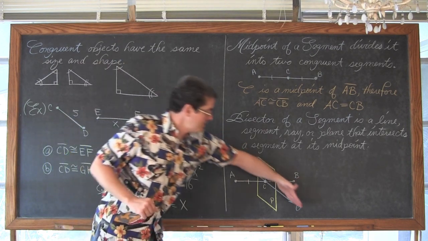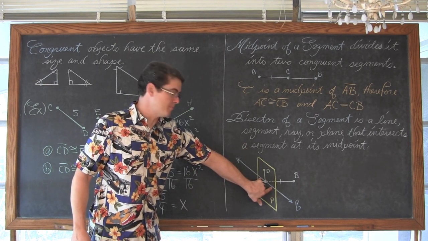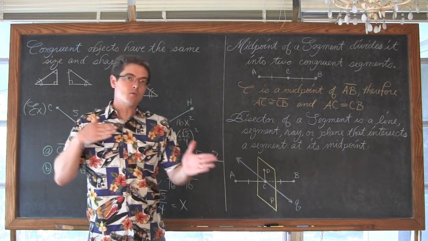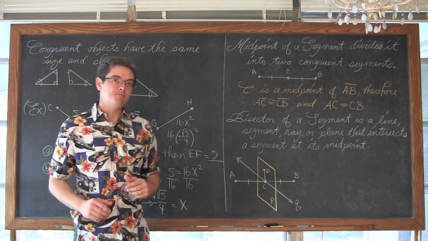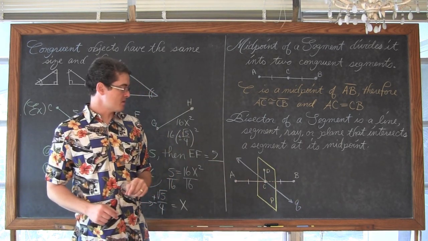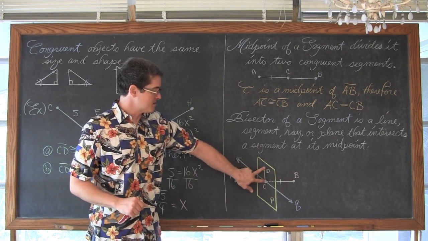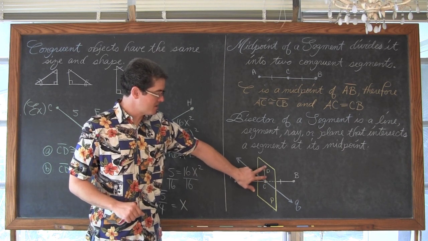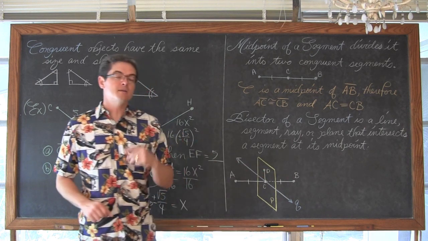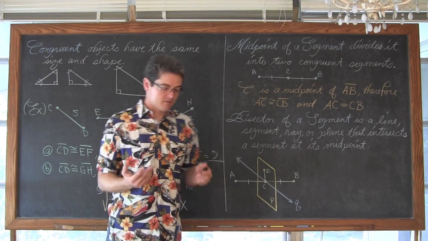I have line Q that, see how it's solid? I've drawn it solid both to the left of C and to the right of C, so really this line Q is drawn within the plane of P. So line Q is a segment bisector because it goes through the point C, which is the midpoint of AB. And then this line segment, which could end at C, I could also redraw it and pass through C, but the line segment DC is also a segment bisector. That is the end of my definitions.